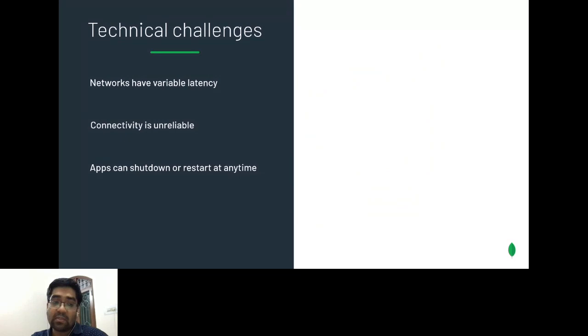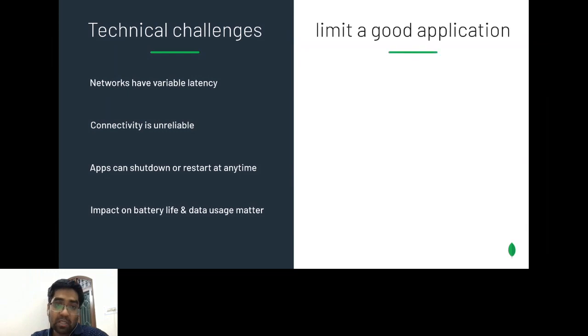Most important is this: as you keep on developing good mobile applications, you'll also have to make sure that the user experience is good. User experience doesn't only mean that the UI is very good and jazzy. You also have to make sure that you're treating his or her phone very well, because if you don't respect that, Android will give you a warning that this app is consuming a lot of data or battery, and that might lead to the application being uninstalled, right? So there are a lot of things which you'll have to think about. And what are the scopes for any limited good application?